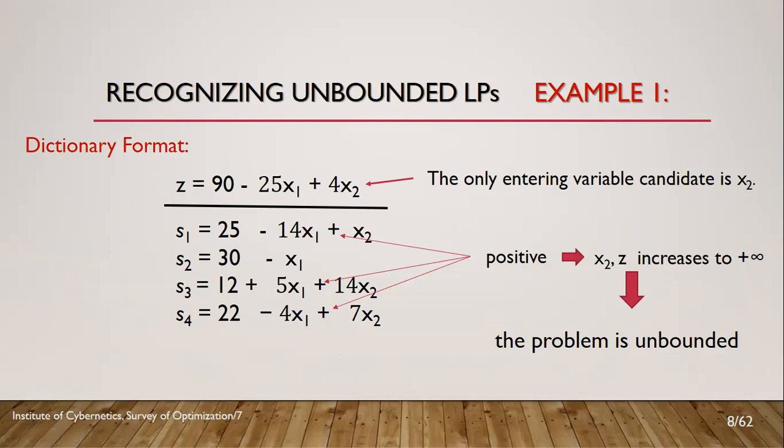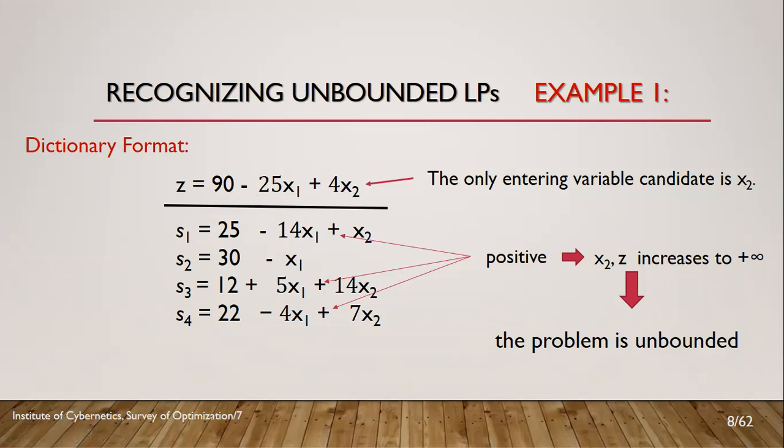What we have here in this dictionary, we have two original variables in the objective function, and we have one free coefficient. Since this one is negative, this is the only positive coefficient in the objective function. Therefore, x sub 2 is the only entering candidate in this LP. Then for